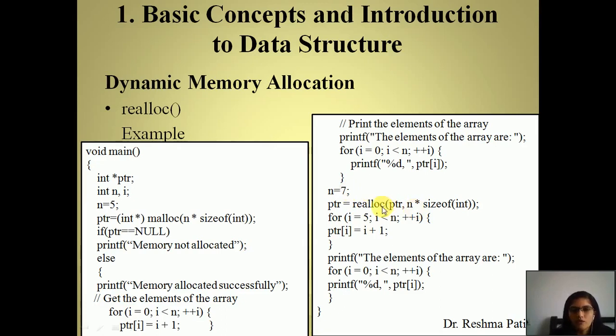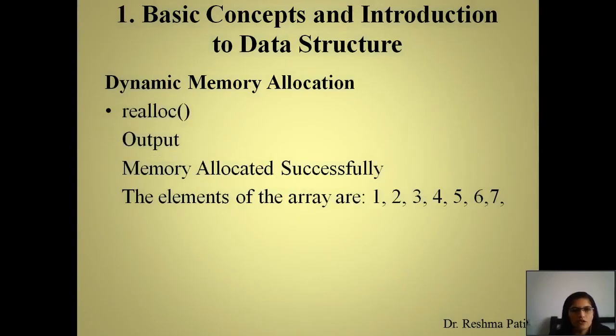So now we have elements 1 to 5, total 5 elements there previously in this pointer variable. For those 5 elements we have entered values; only 2 elements are remaining, the next 6 and 7. So in the array, positions 5 and 6 will get the element values and store them into the array. And at the last statement we will print all the values from 1 to 7. So the reallocation output will be memory allocated successfully and elements of the array are 1, 2, 3, 4, 5, 6, 7.